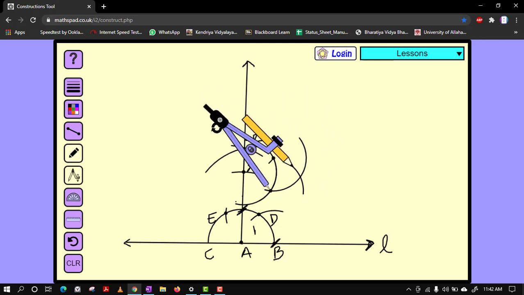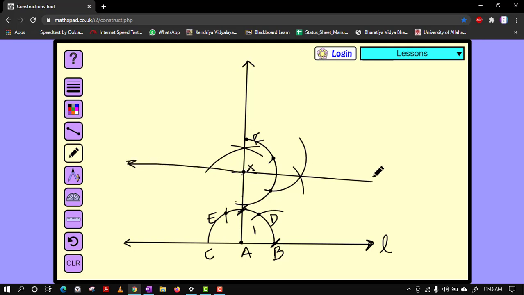I hope this time it is going okay. So let's see. Now this time you just join this X with this. A little bit of mistake is there. It is not coming proper. Maybe in the copies when you do, it will come correct. Some sort of issue is there in this construction. So you will get a straight line on both the sides, and this line will be perpendicular to this perpendicular and will become parallel to L.